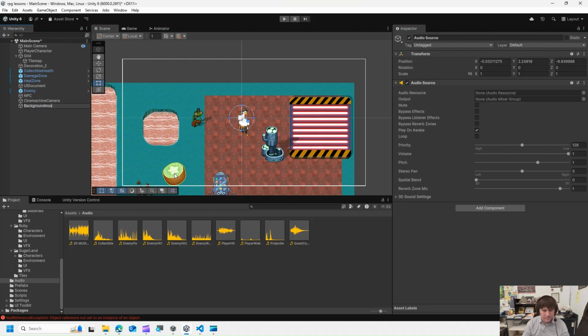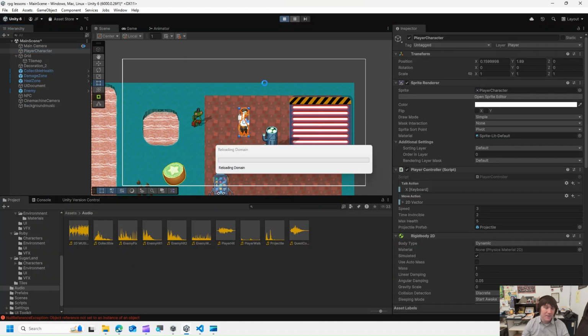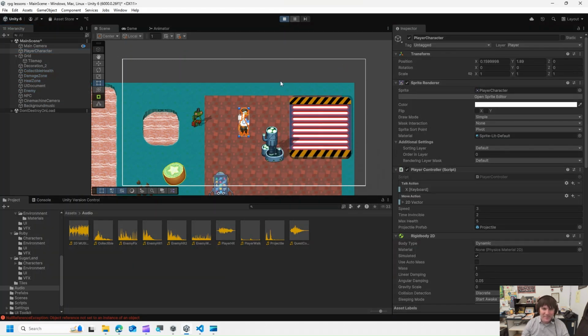Doesn't really matter. Okay. Then where it says audio resource, this is where we set whatever we want our music to play. In this case, let's go to our assets, then there's a folder called audio, and then 2D music as the audio resource. We're then going to set this flag here for loop. And basically the game will, as it says here, play on awake. So as soon as the game starts, and I've heard this music like a million times, as soon as the game starts,